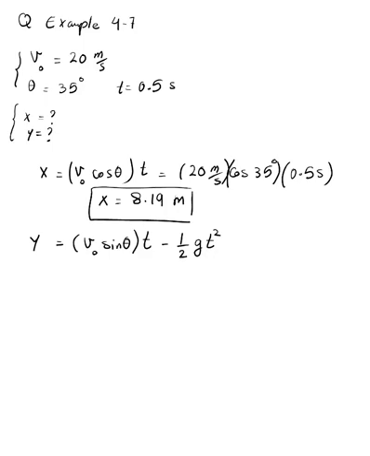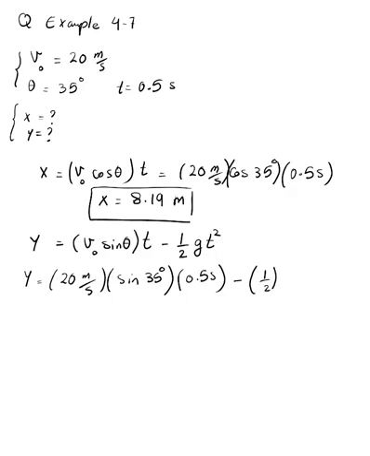So substituting the numbers here, y equals 20 meters per second sine 35 degrees times half second, minus half times 9.81 meters per second squared times half second squared. Okay, solve this, and then y is going to be 4.51